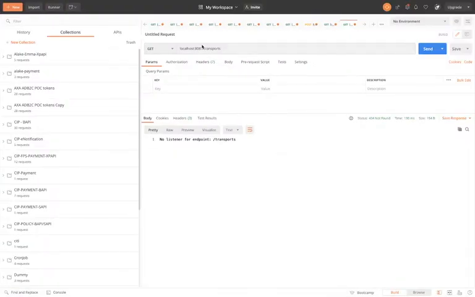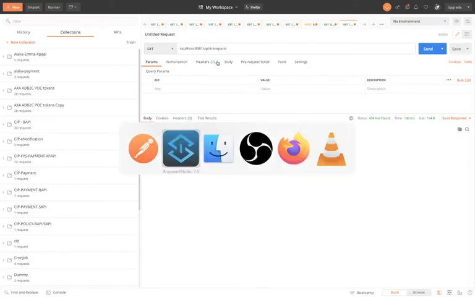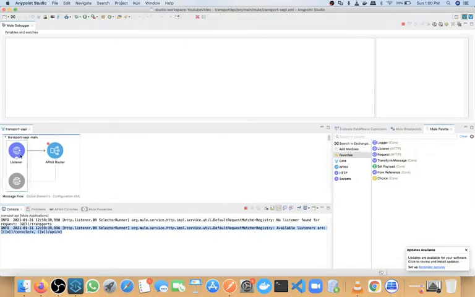Okay, actually, I missed one part. That's why it's giving an error. So it should be API here. Why am I using this API? Let me show that part.